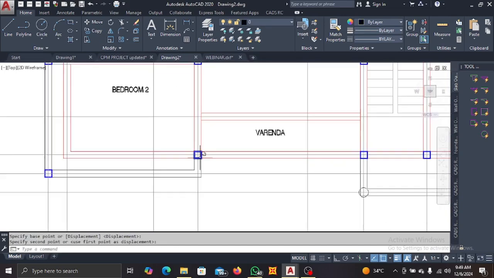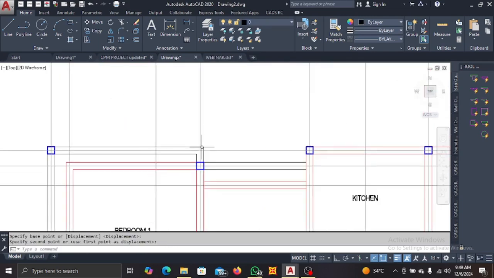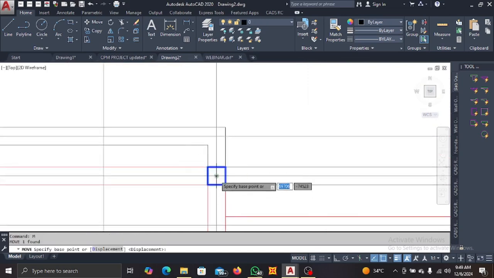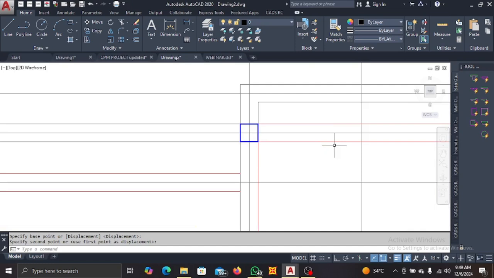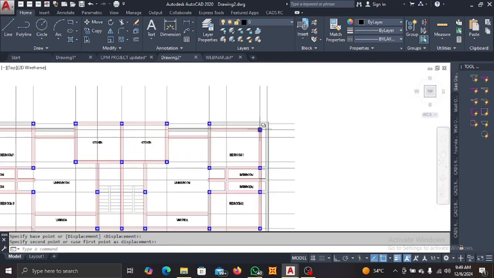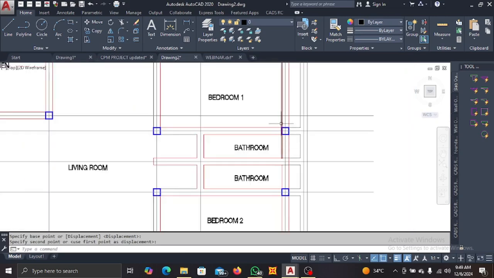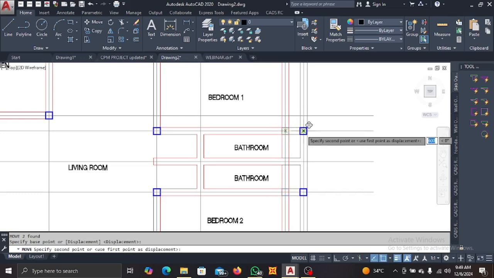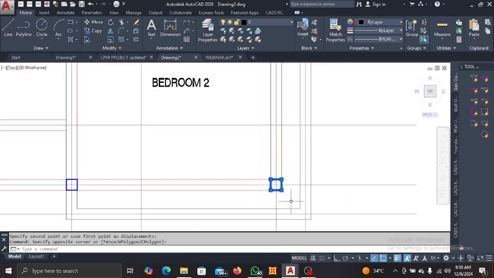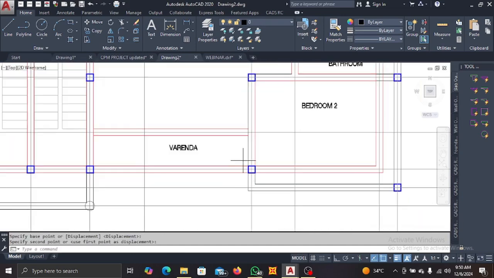Okay, and also move this. Also move this, move this also,